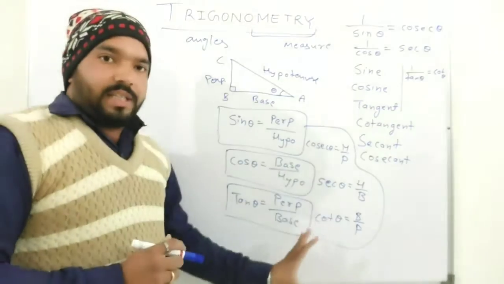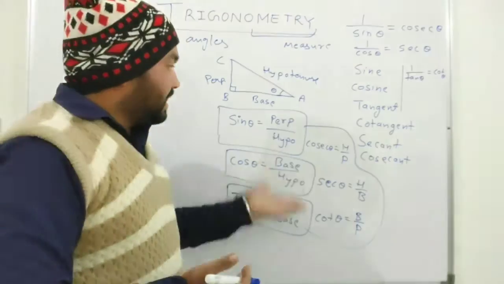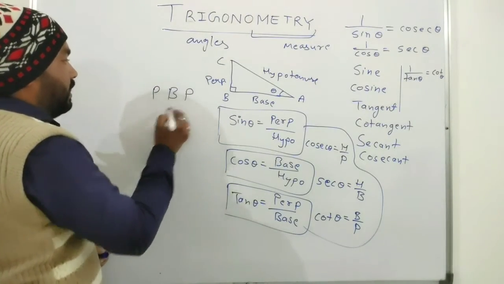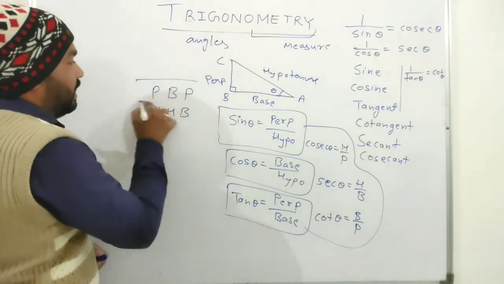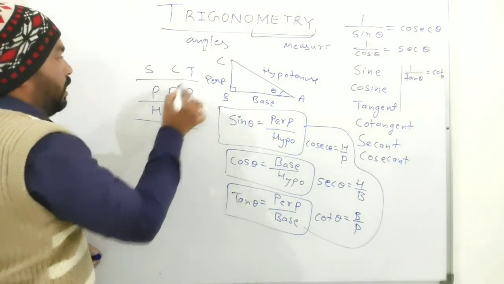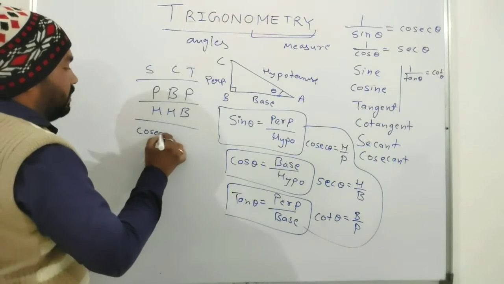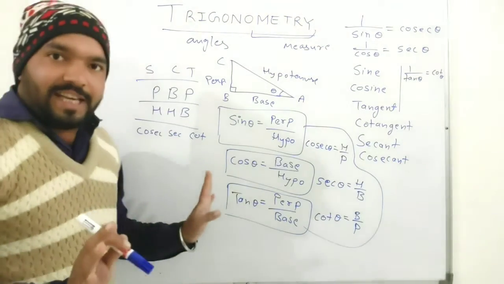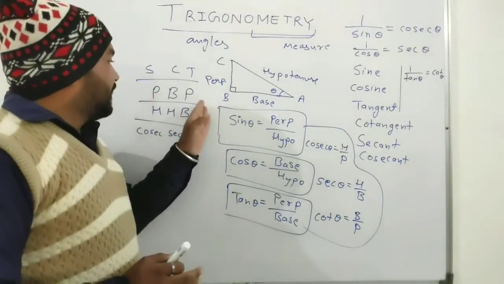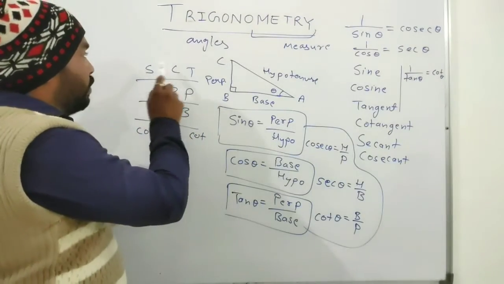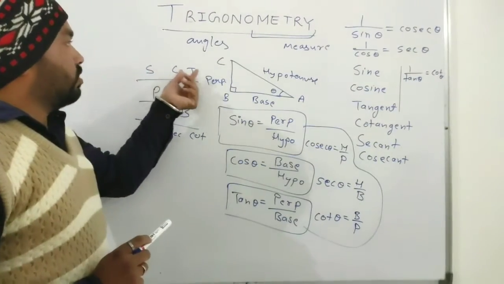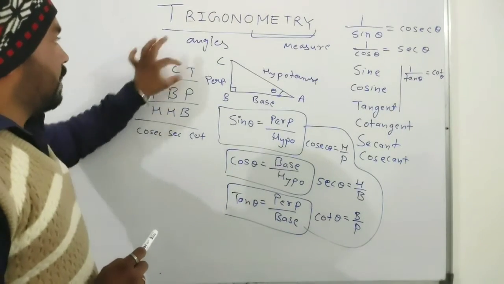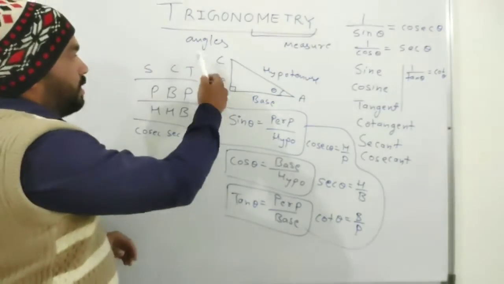If we want to remember this, how can we remember it? There is a trick: Pandit Badri Prasad har har bole, sona chandi tole, then cosec, sec and cot. I say this jokingly also. Pandit Badri Prasad har har bole means sona chandi tole, where the letters stand for sine, cos, tan, cosec, sec, cot. The opposite of sine is cosec, the opposite of cos is sec, and the opposite of tan is cot. Opposite means reciprocal.